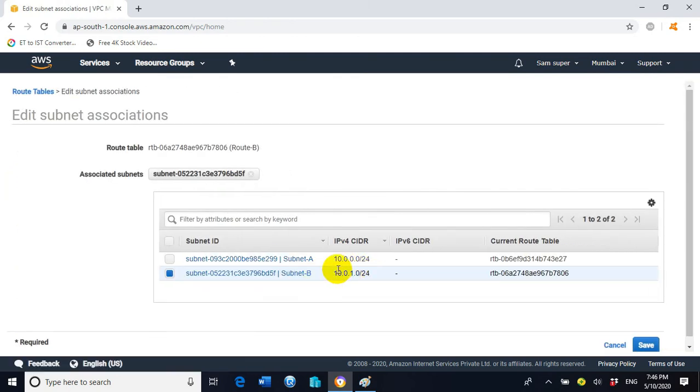So what is the IPv4 CIDR in the case of subnet B? That is 10.0.1.0, but for subnet A it is 10.0.0.0/24. So this is the difference.